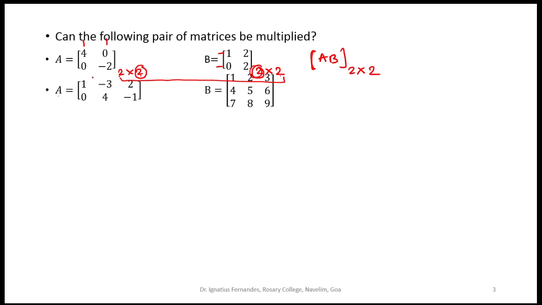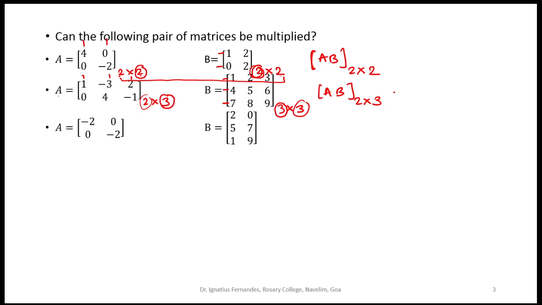Let us look at these two matrices. I have a matrix A which is of the order 2 rows and 3 columns, so it is 2 by 3, and here I have a matrix which is 3 by 3, 3 rows, 3 columns. Can these two matrices be multiplied? For that we'll check the number of columns here, 1, 2, 3, which should be same as the number of rows here, 1, 2, 3. They are same, so you can say that these two matrices can be multiplied, and the result that you will get will be of the order 2 cross 3.